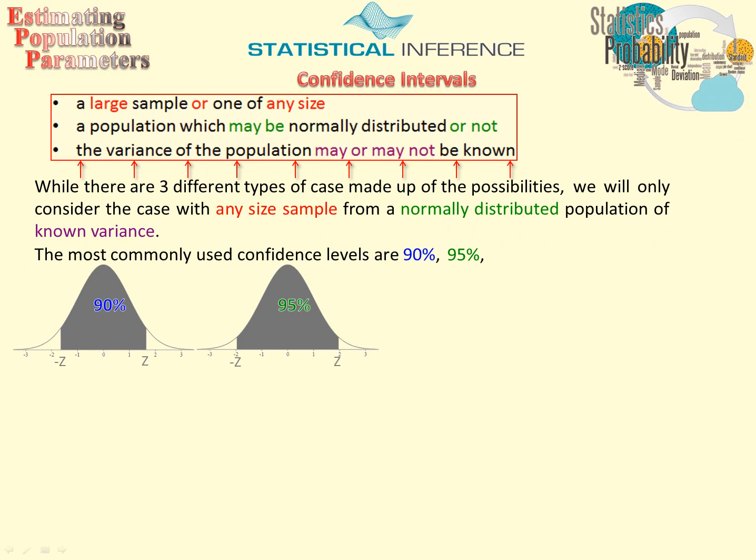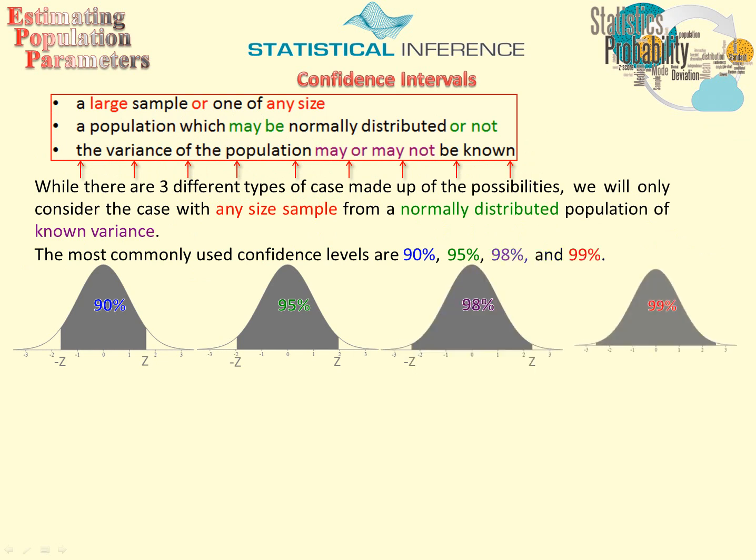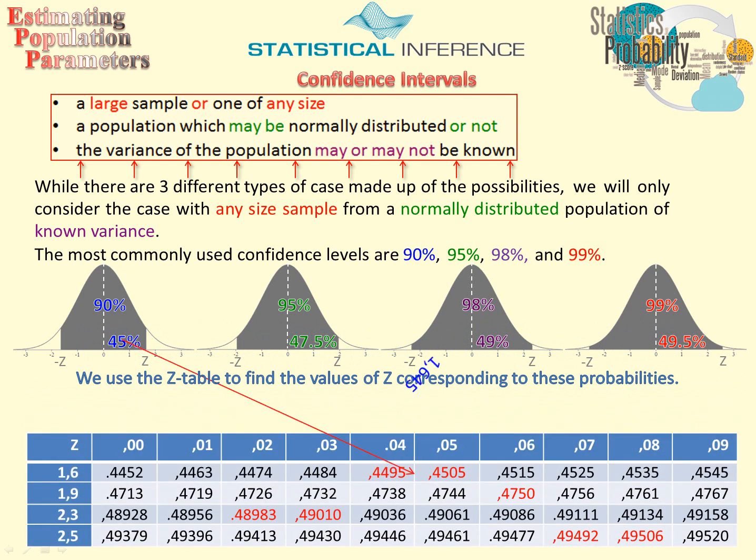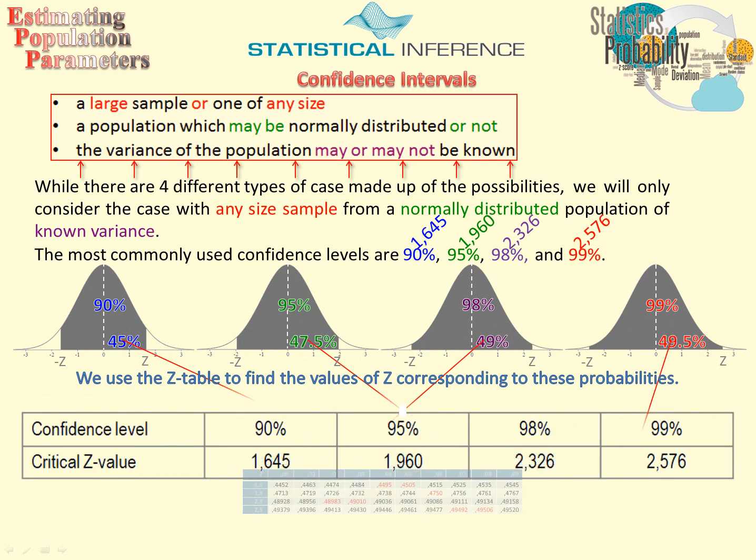So, here are the confidence levels. Now, to get those, all we do is look up, find what z-score relates to 45, to 47.5, 49, and 49.5. Then we're looking at half the distribution curve's area. So that takes us to the closest values. So that's important now,